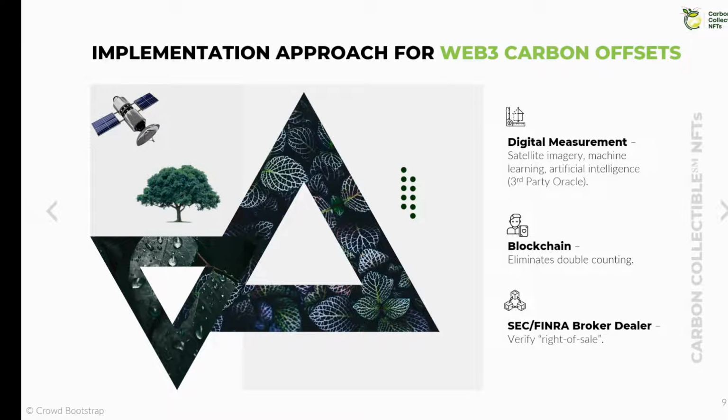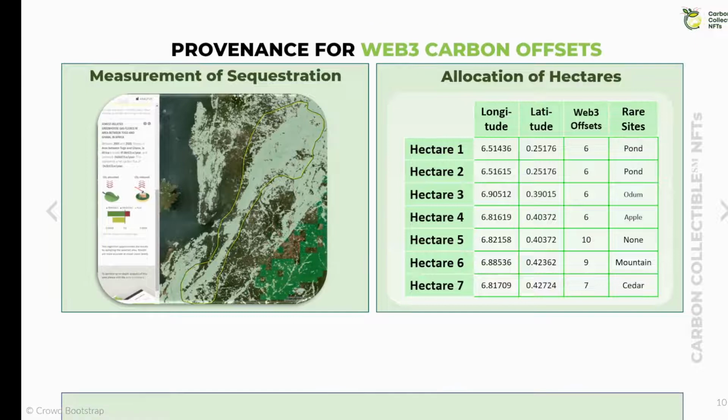Do the proponents have the rights to sell the carbon sequestration? You also check with the Forestry Commission, which is the government, to verify that they actually had the right of sale. And by the way, using satellite imagery, machine learning, and artificial intelligence allows us to bypass intermediaries. Because we're doing that, we can drive certification costs down to $0.